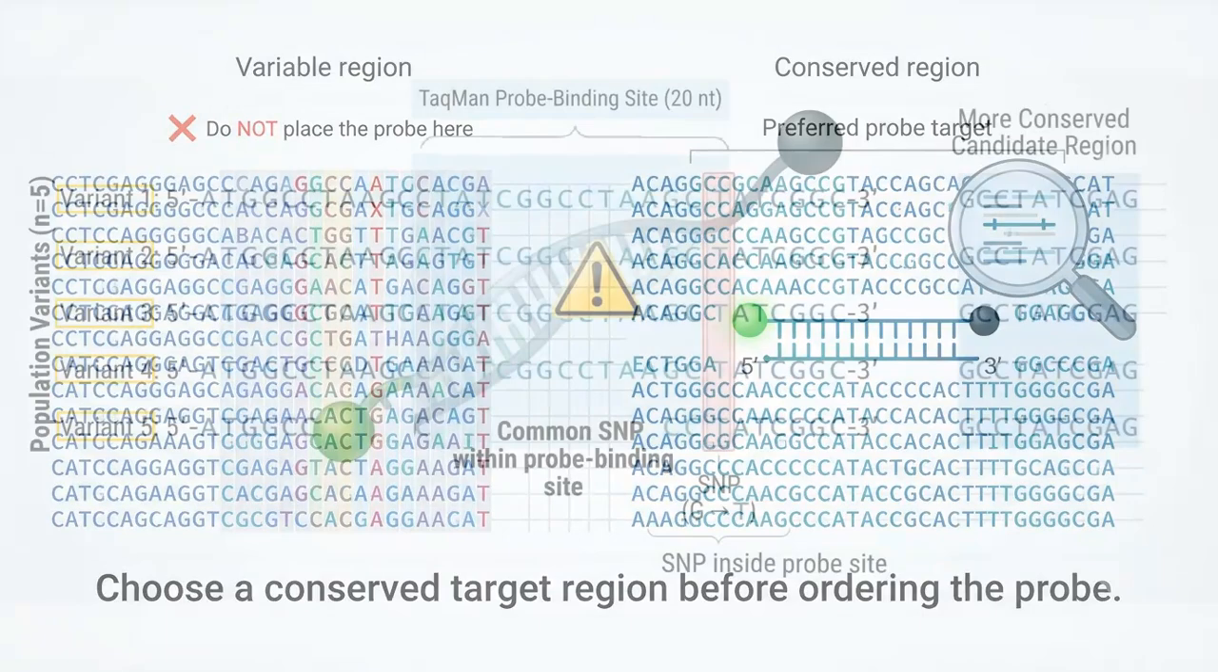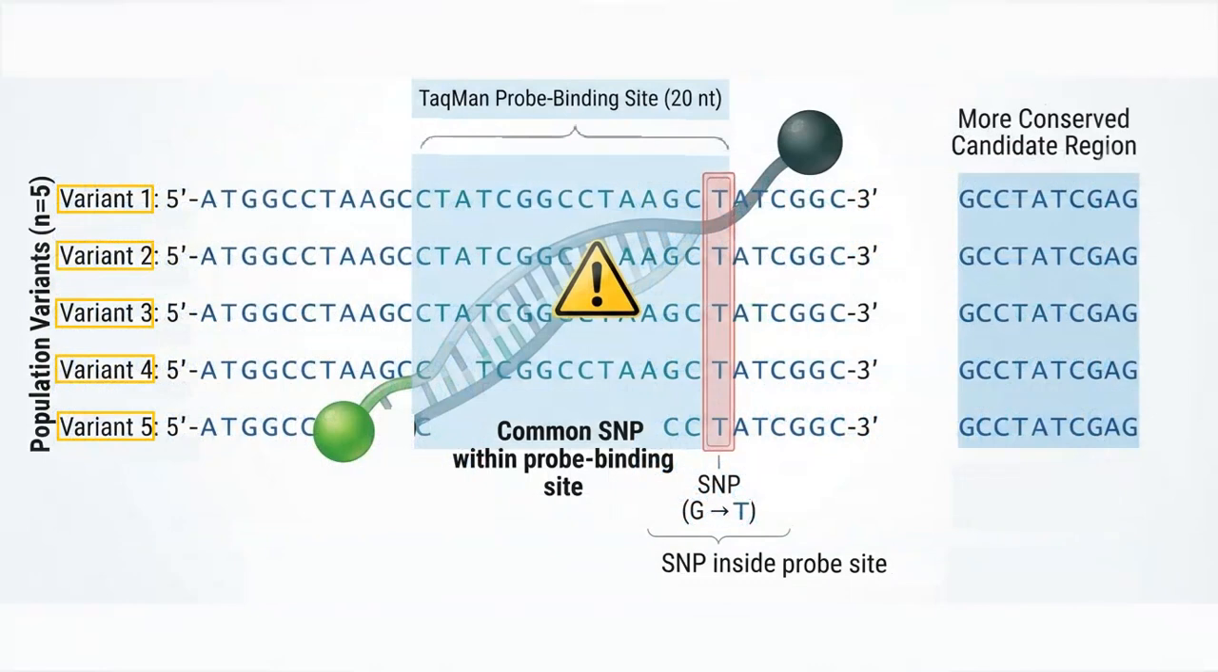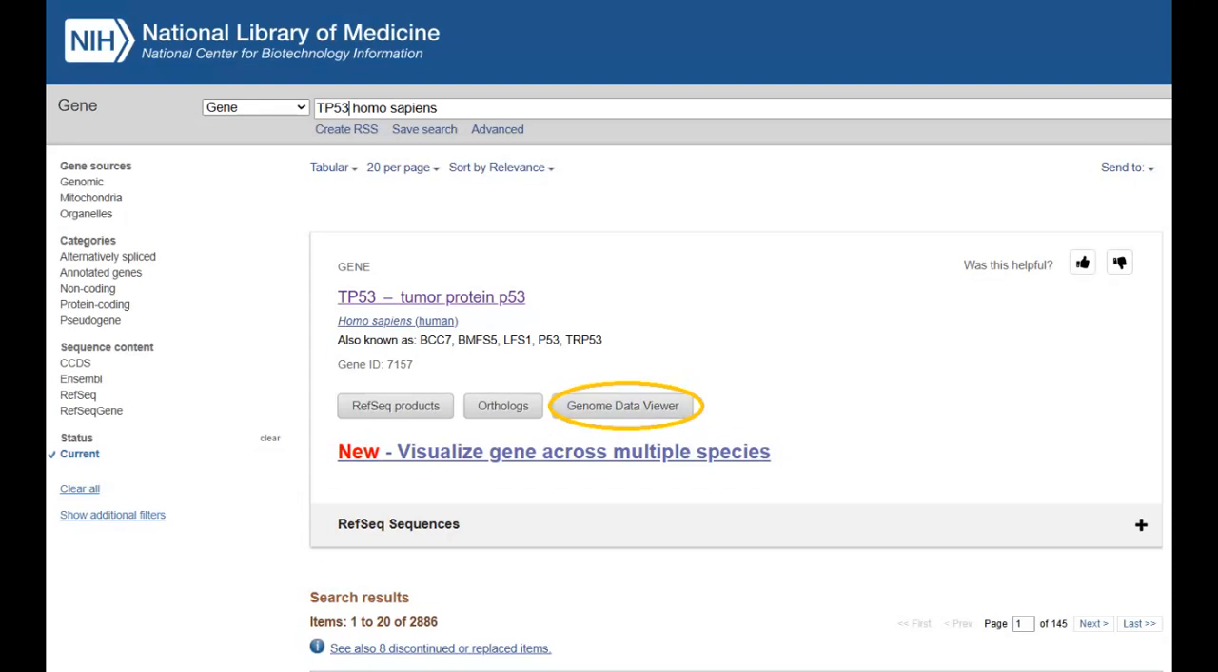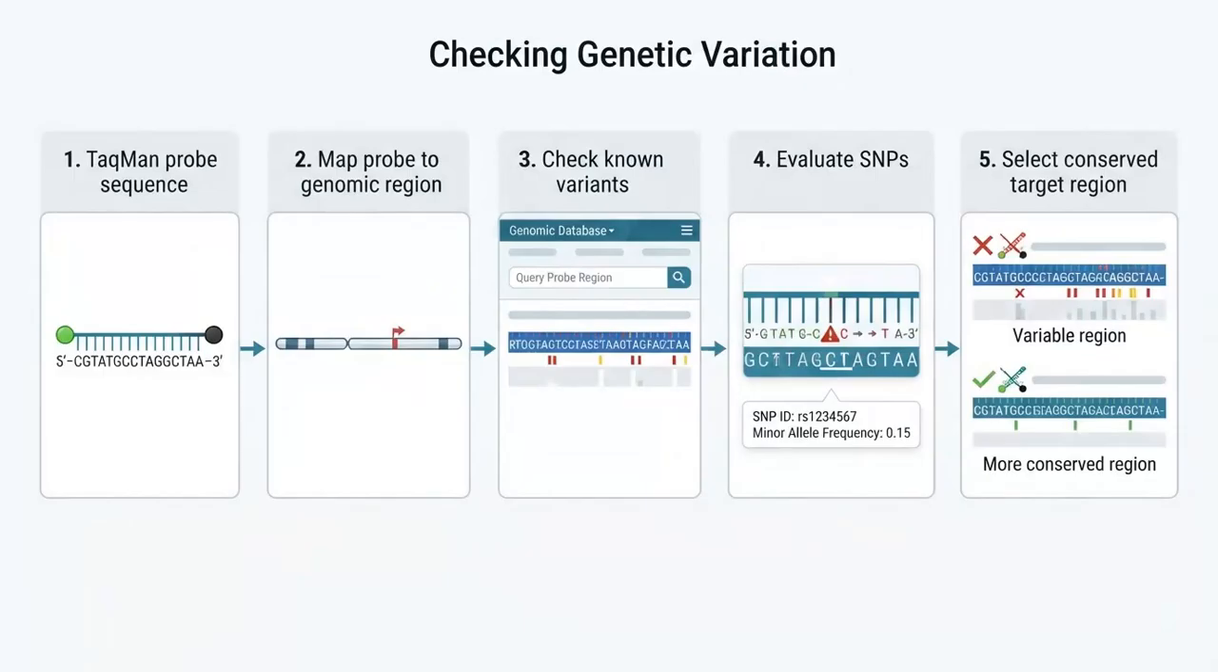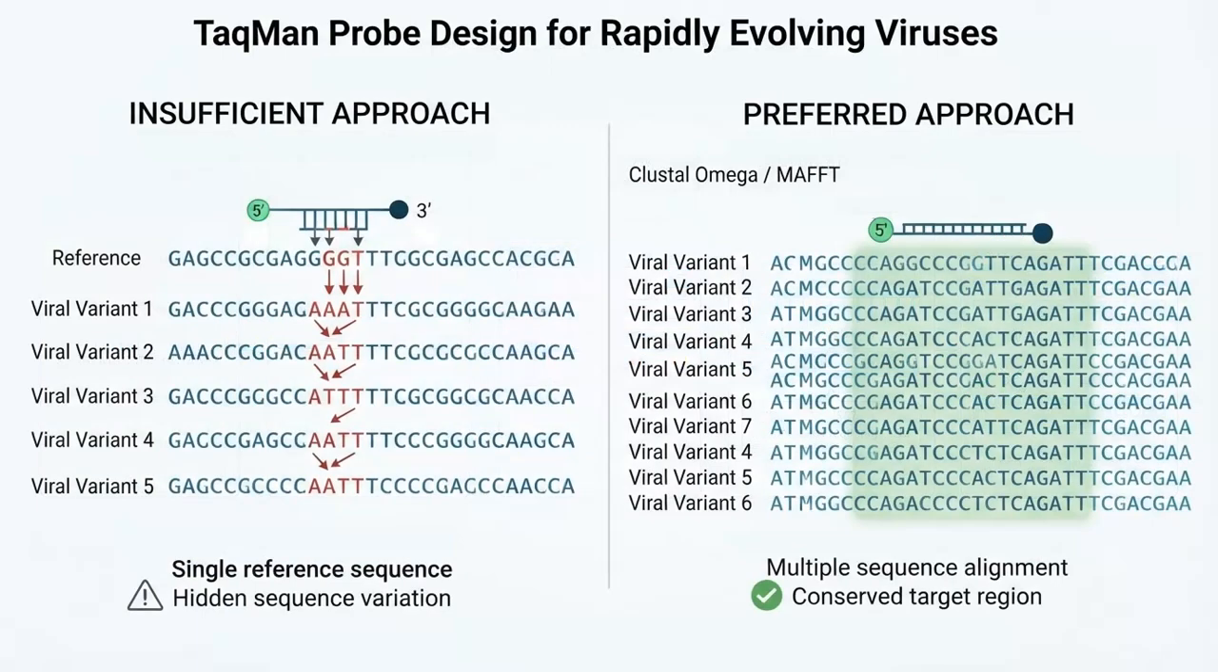Whenever possible, choose a highly conserved target region for human assays. This is easy to verify. Simply identify the genomic region where your probe binds. Then check databases such as NCBI dbSNP or Genome Data Viewer for known sequence variants. If a common SNP falls within the probe binding site, particularly near the center of the probe, it's usually better to choose another candidate. If you're designing assays for viruses or other highly variable organisms, don't rely on a single